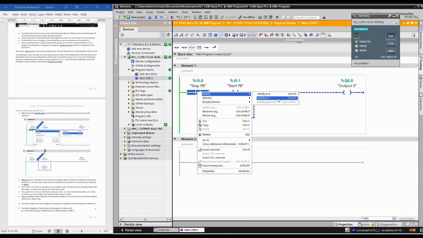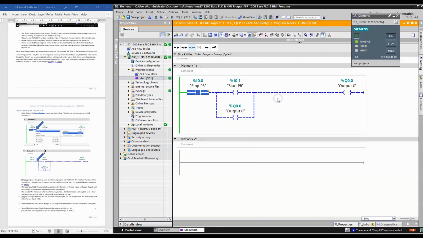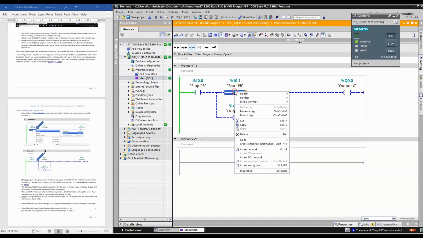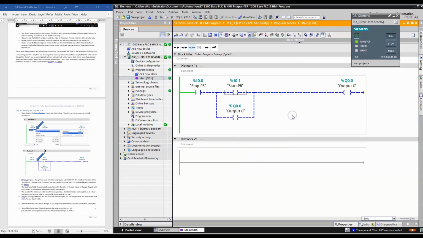So it seems like this is an option right here, but when I hit modify to a 1, watch what happens. Nothing. What is going on? So then I come over here and I'm like, okay, let's modify the start push button. Modify to a 1 again, right? Because this instruction is looking for a 1, so I want to modify to a 1, and again, nothing is